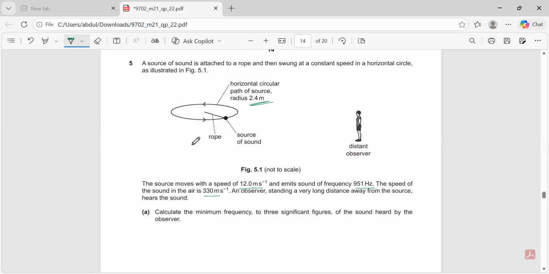An observer is standing at a very long distance away from the source, here he is standing. Calculate the minimum frequency, to three significant figures, of the sound heard by the observer. Of course, we need to apply the Doppler effect. Now, my dear sons, we know one thing. At this point,